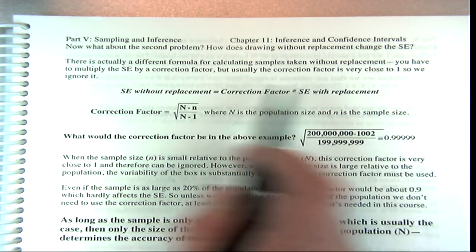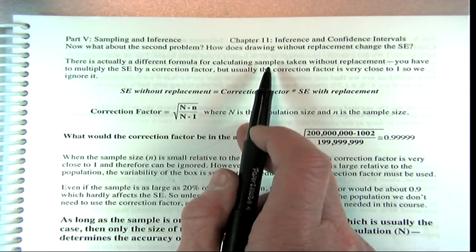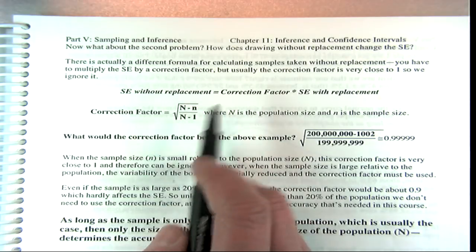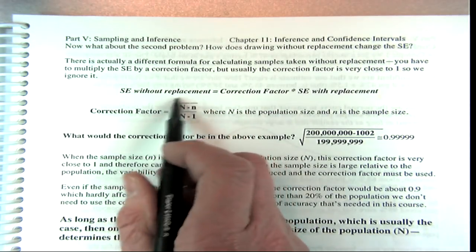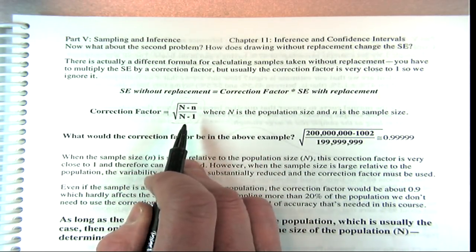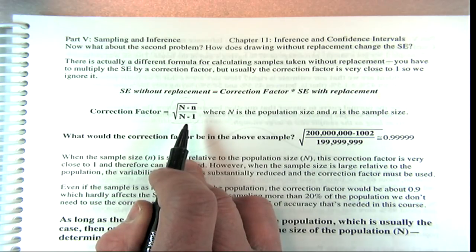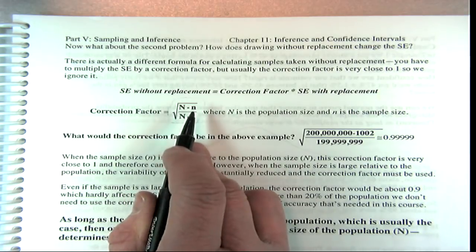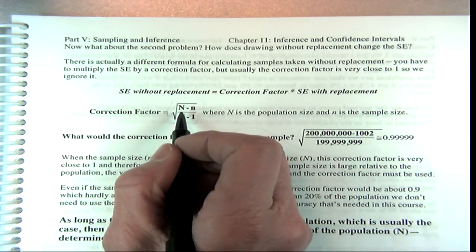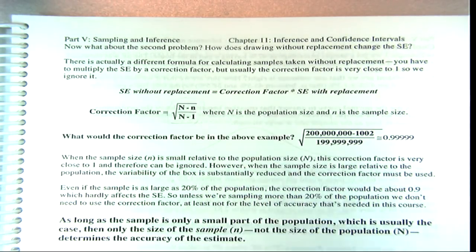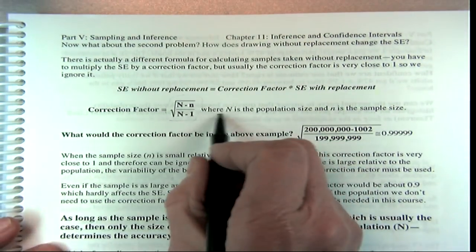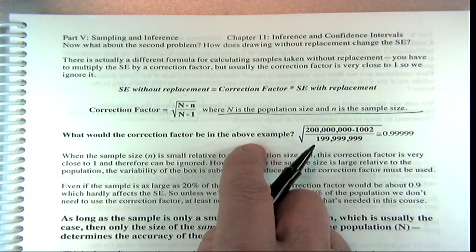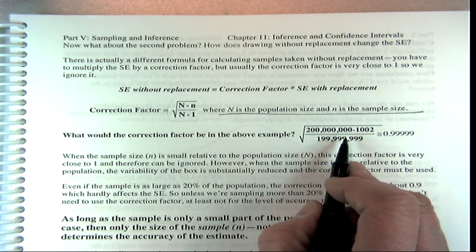Well, there is actually a different formula for calculating samples taken without replacement. You have to multiply that by this correction factor right here. And you can see that this correction factor is basically the square root of (N minus n) over (N minus 1), where this big N is your population size and this small n is your sample size, okay? So what would the correction factor be in the above example? Well, in the above example,